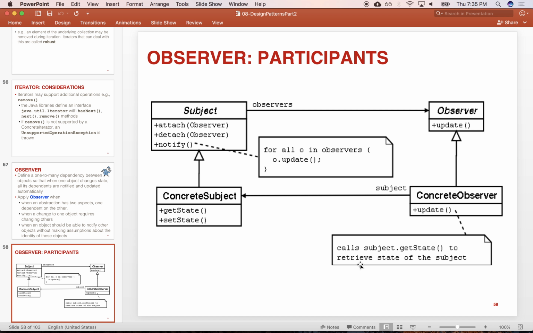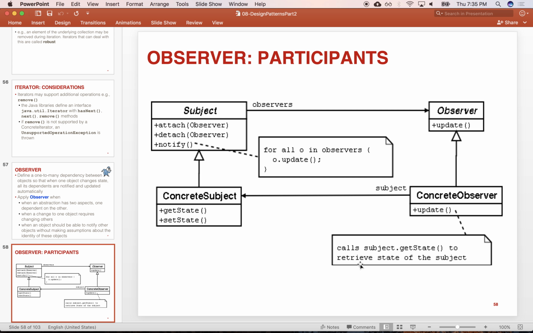What it does is the observer calls on the subject, saying, "Hey, I'm an observer, please let me know. Notify me if your state changes." Typically it does it either by attaching and detaching. And the way it would happen is that when the state of the subject changes, it would notify,